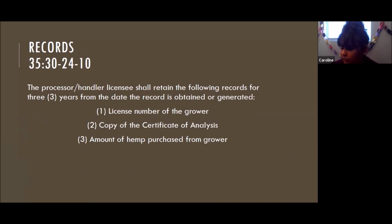If you are a processor or a handler, you have to retain these records for at least 3 years from the date the record was obtained or generated. The license number of the grower, a copy of the certificate of analysis, and the amount of hemp purchased from the grower. So if you're a processor and someone comes to you and says, hey, I grew hemp in Oklahoma,